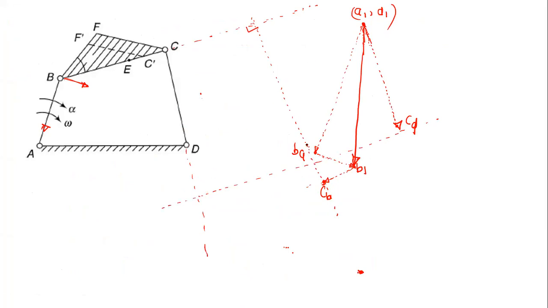Now these two lines are going to intersect at this particular point. What will be the name of this point? It will be C1. So it's now very easy. Now you have located this point C1. Now just complete the vector diagram. Now this is your CD C1, and then this is your CB C1.